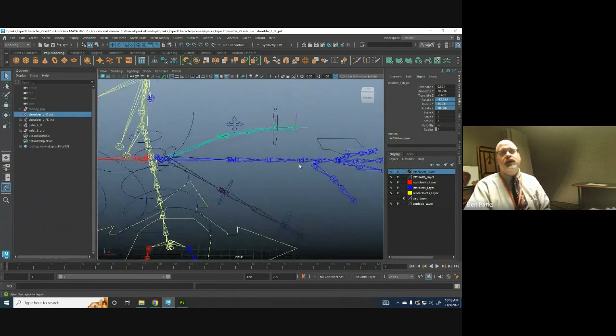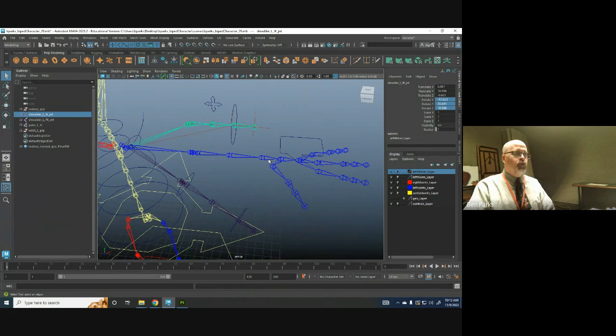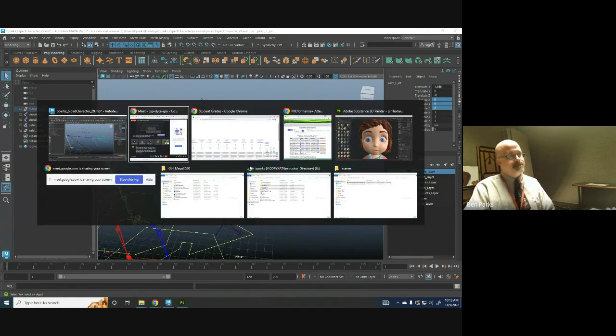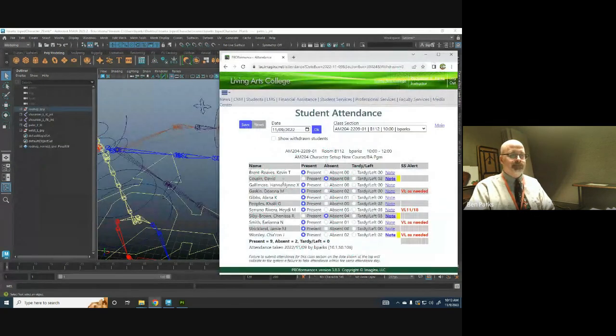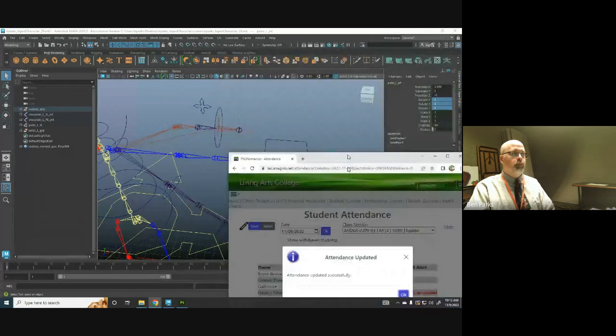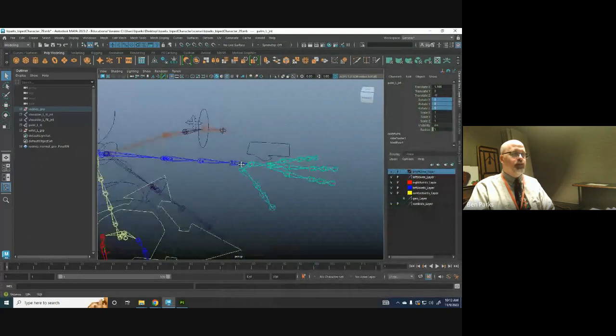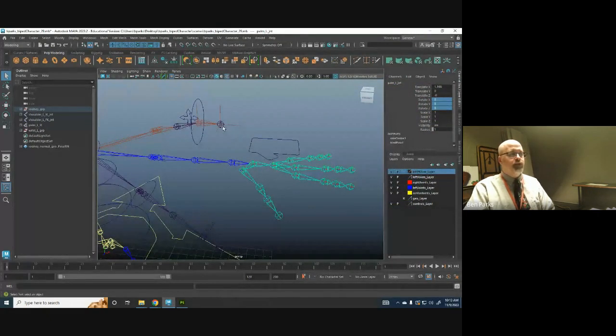And then we're simply going to set driven key to switch between the two. I usually start from the outside in, and even though the palm doesn't technically have any